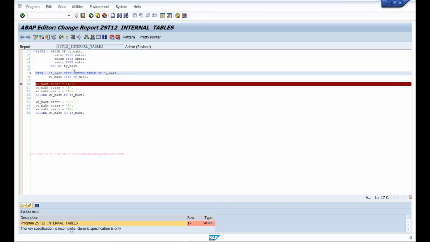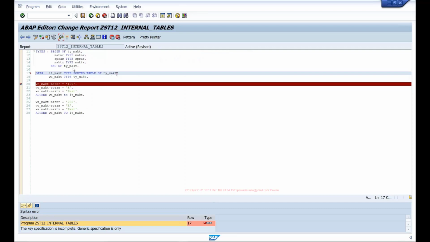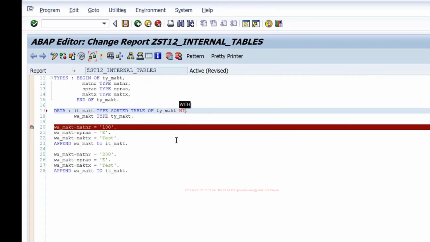The key specification is incomplete. So while declaring the table, key definition is mandatory. Unlike standard tables which use a default key, for sorted tables you have to explicitly specify the key while defining the internal table. So I have to say with